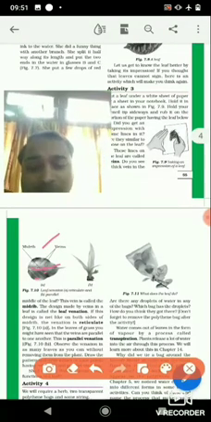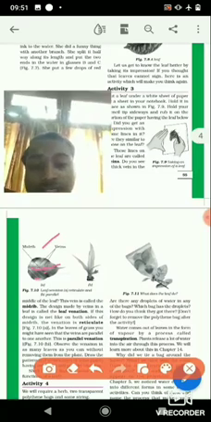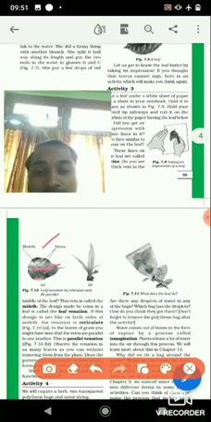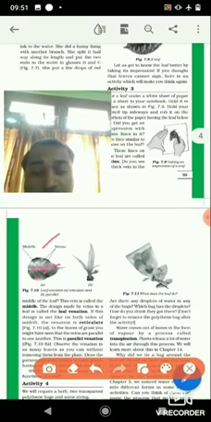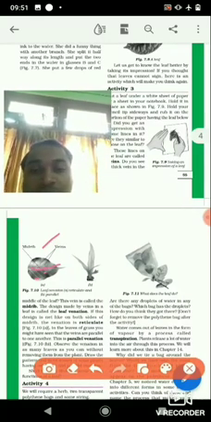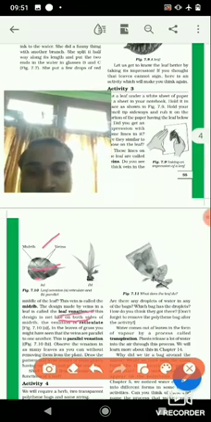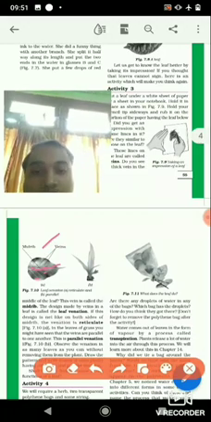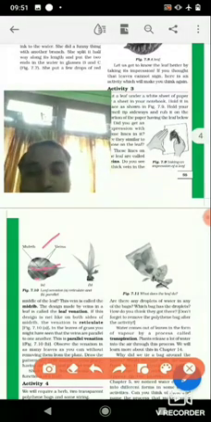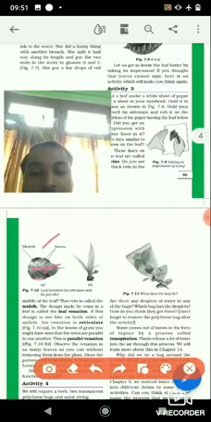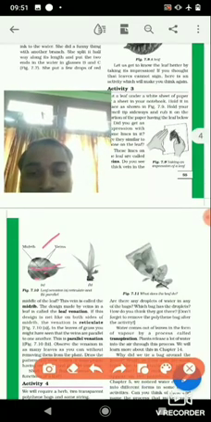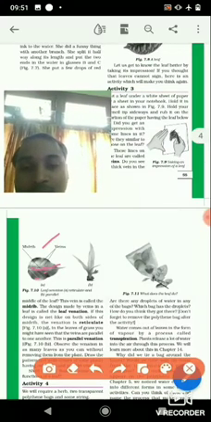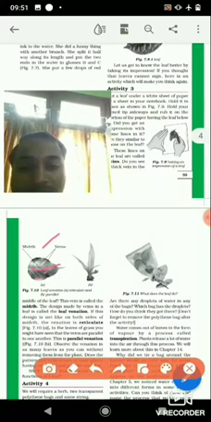Now, depending upon the arrangement of the veins on the leaves, they are classified into different types. The arrangement or design made by veins on a leaf is called leaf venation. If this design is net like on both sides of the midrib, then the venation is reticulate. Now what is the midrib? This vein is called the midrib.